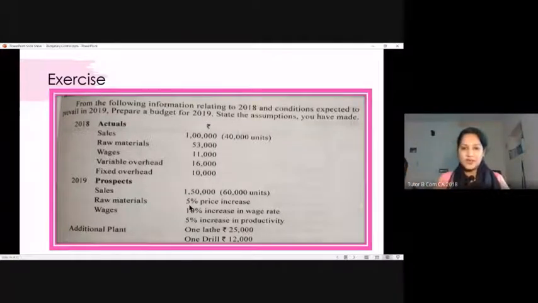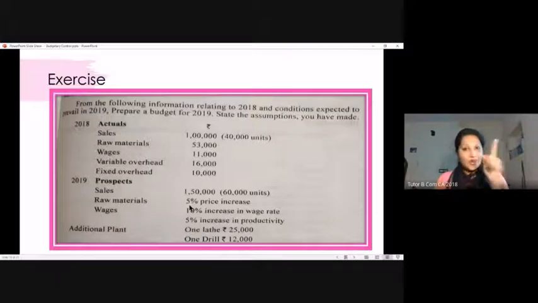Then straight away we can go with 105% of that, because it is said that in 2019 the raw material cost is going to increase by 5%. Suppose you get 1 rupee as the raw material per unit cost for 2018, it will be 1 into 105 by 100. I have 100% with me, I need to find out 105% for 2019. So it will be 1 into 105 by 100, and then I get the per unit cost for